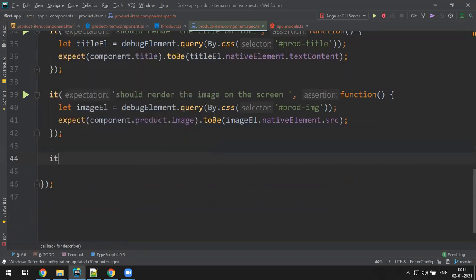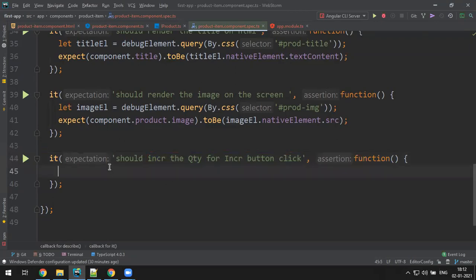I write a test case: should increment the quantity for increment button click. When you click on the increment button, we have to increase the quantity of the product.